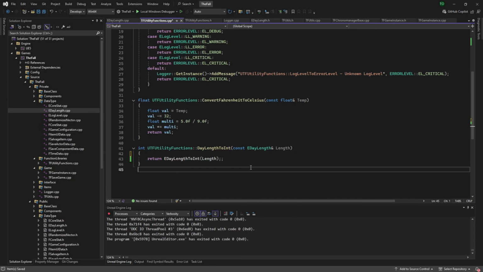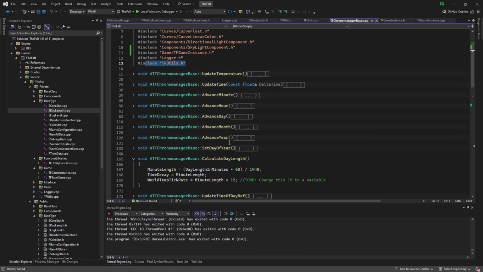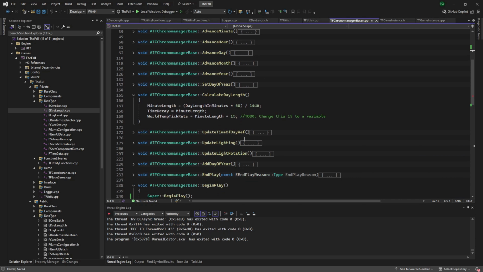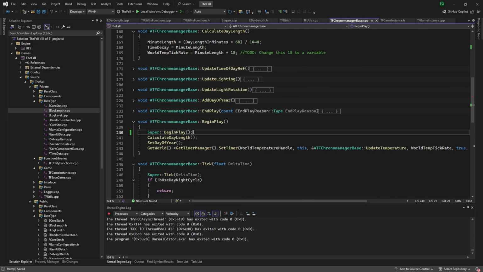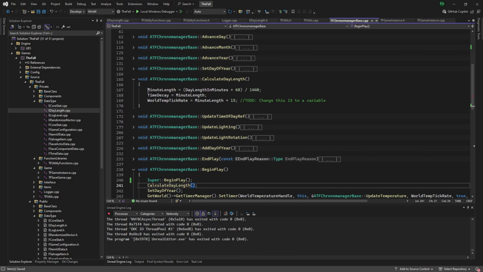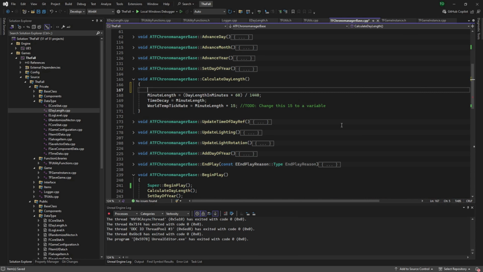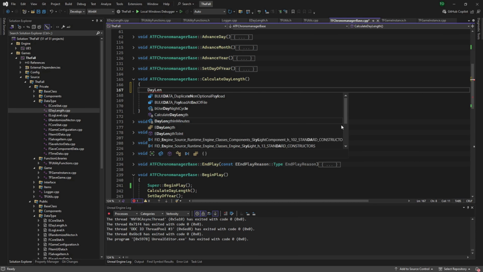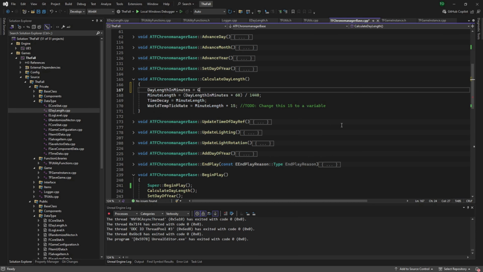All right. Anyway, now that we've got that, it's going to be a case of going back to our chrono manager. Where you want to do this is either, as I mentioned, in begin play before you calculate day length, or because we have this dedicated function for calculating day length, I would recommend putting it in there. So I'm just going to go day length in minutes equals